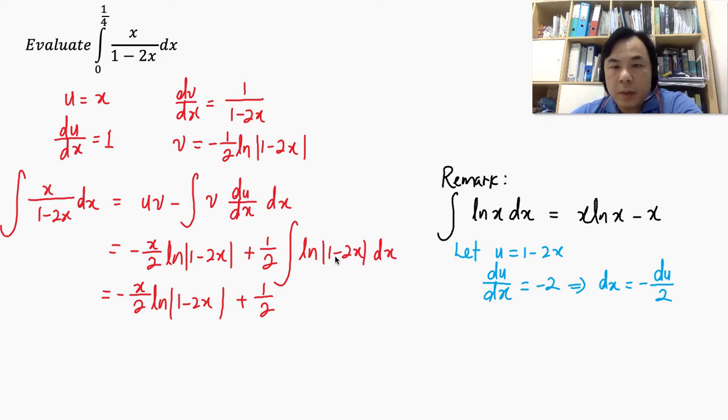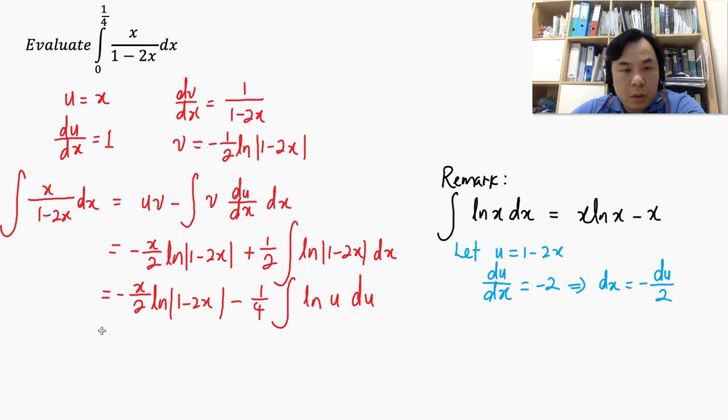Therefore this would become a ln u instead. And then dx is basically negative half du, so I might want to change this directly so it's easier. So that will be negative quarter, and then integrating this with respect to du, and then making use of this result, I would have